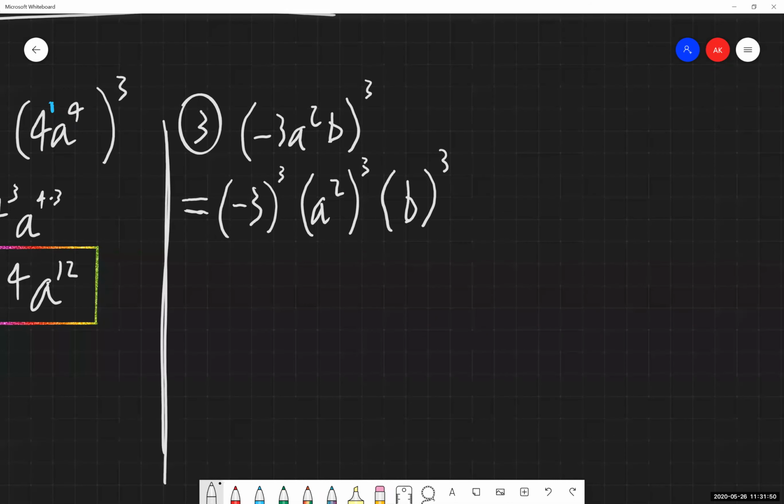So now, again, we're just doing it in parts. -3 to the third power. That's -3 times -3, which gives me 9, times a final -3, which gives us -27. You could also apply your calculator there. We have a squared raised to the third power. Again, by our power rule, exponents raised to a power multiply together. And the same idea for our b value. It's the same as saying b to the first raised to the third. It's going to be b cubed. There we go. And there is our final answer.